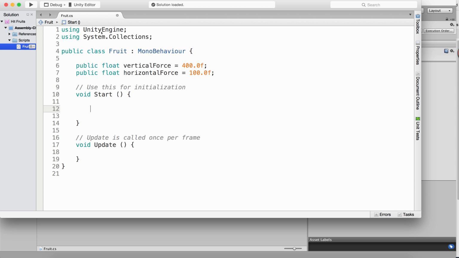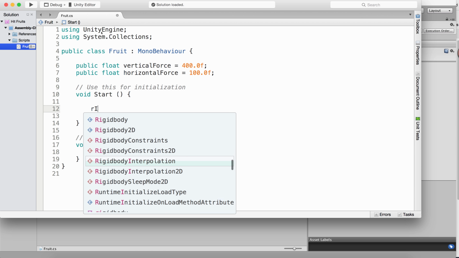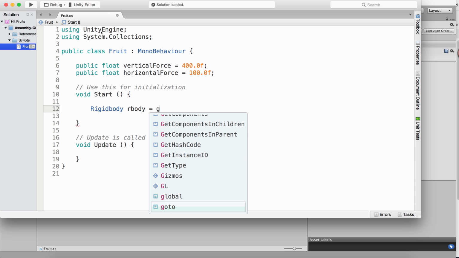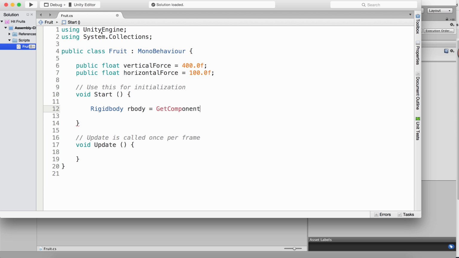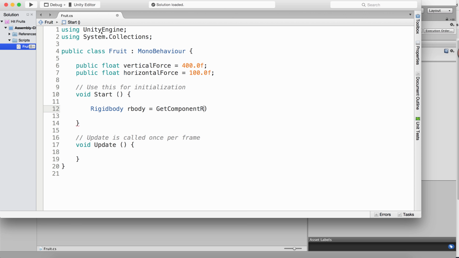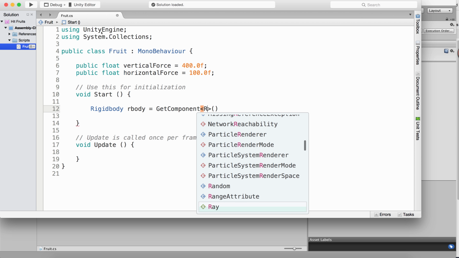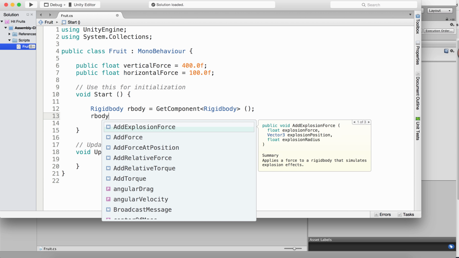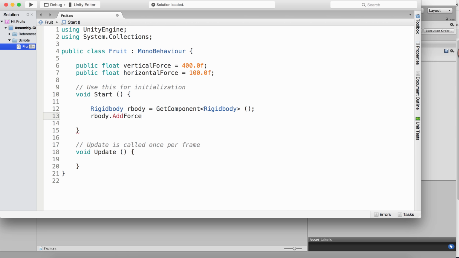For that I need to get access to its rigid body. So I'll say rigid body, our body, give it any variable name, is equal to get component rigid body. So we get the component rigid body, and then we'll add force to the our body. Our body will add force, and when you add force,